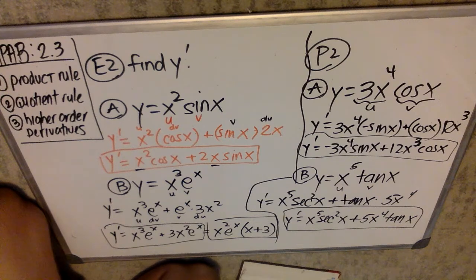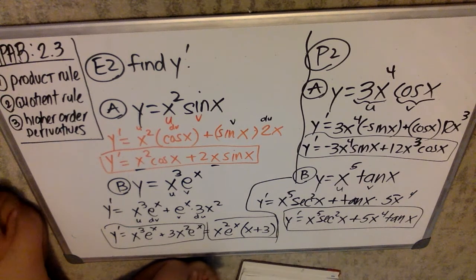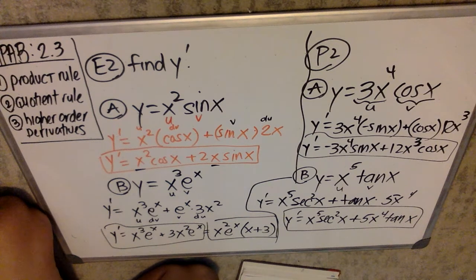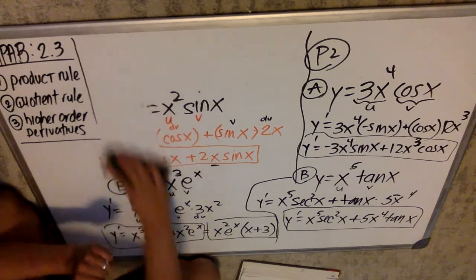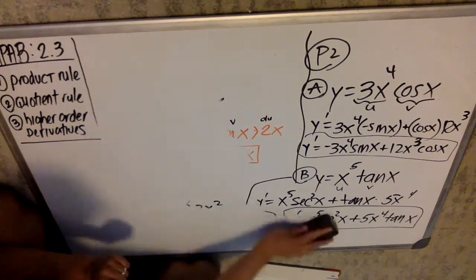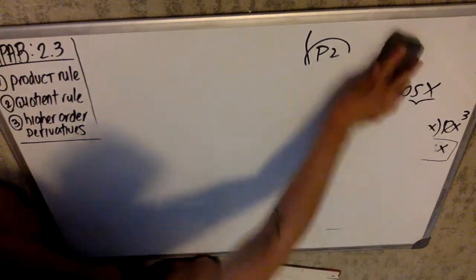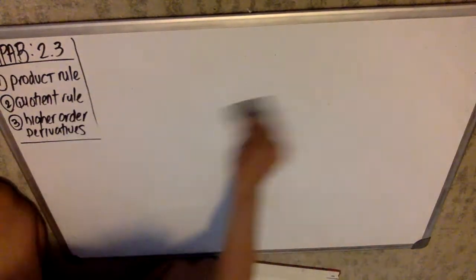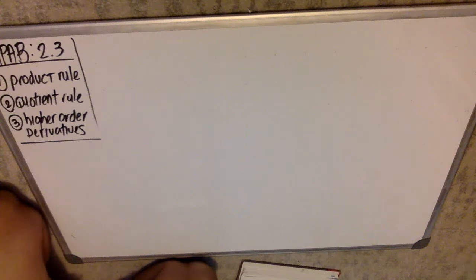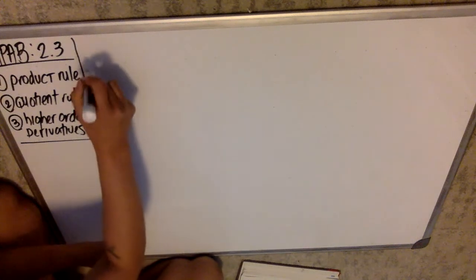Now, there are various ways to make the product rule more difficult, but that's sort of the gist of it, right? Well, I suppose we can do, let's do one more. Let's do an E3 P3. Let's just make it slightly more to it. And then maybe I'll give you a challenge problem before we do the quotient. We'll see. All right, so for E3,